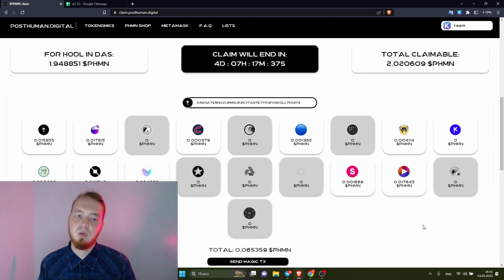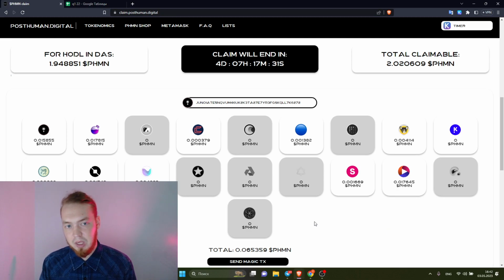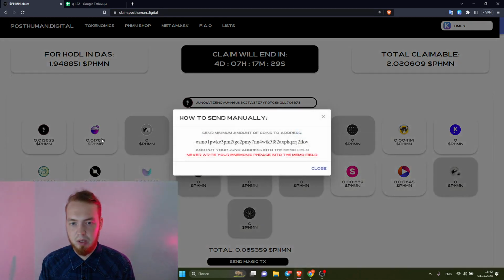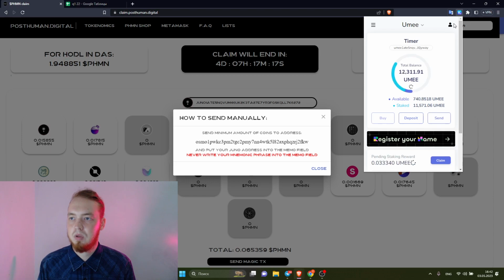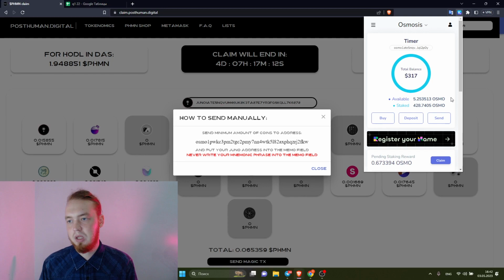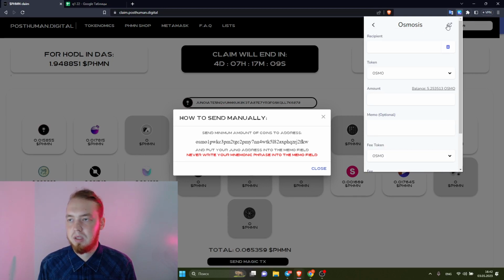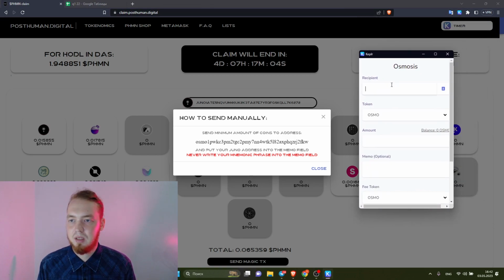You could also, if you don't have, for example, Atom on your address, and you are delegating only on the Osmosis chain, click right here and copy this address. Okay, I copied it, and one second, I will show you. You should go to your Keplr wallet and click on the Osmosis chain. You should switch chain and click on send, and here is a very useful button. Click on it and paste the recipient address right here,